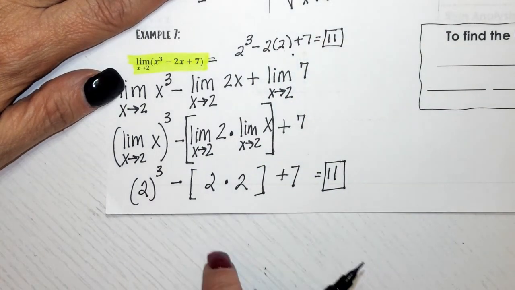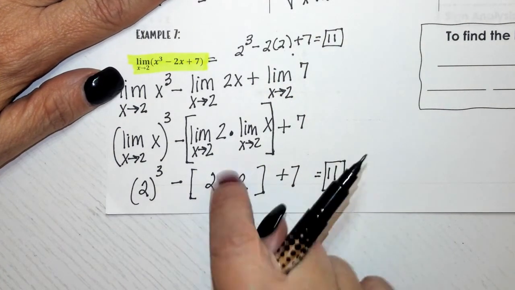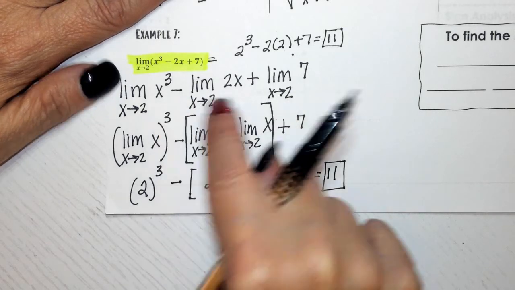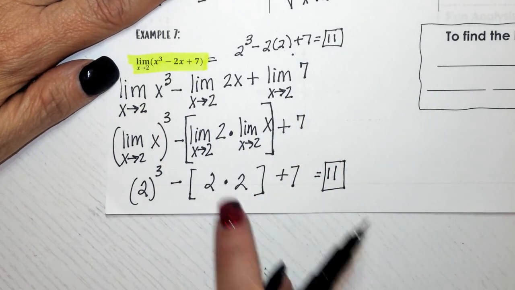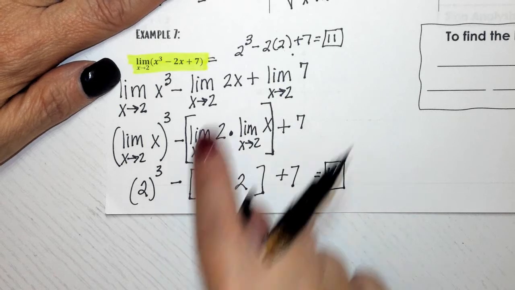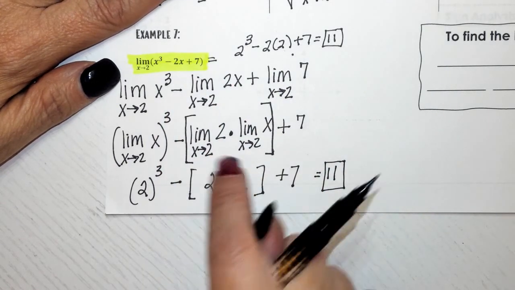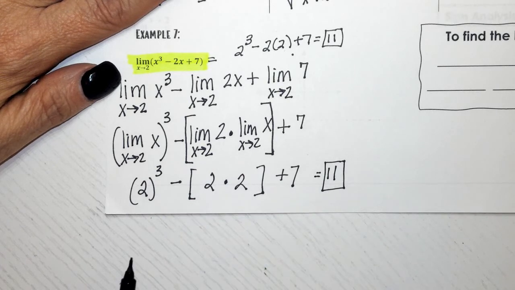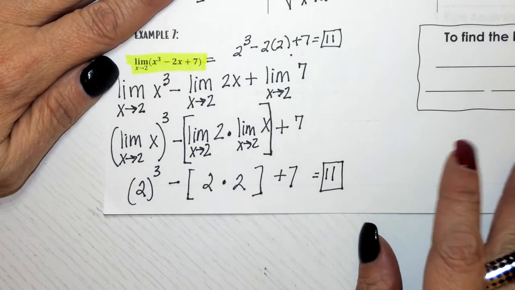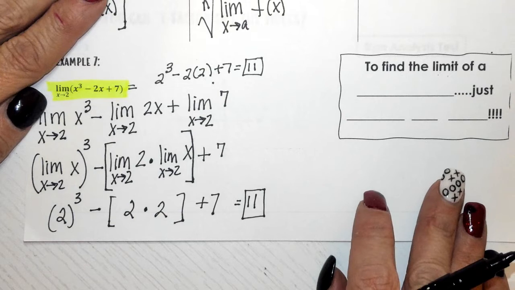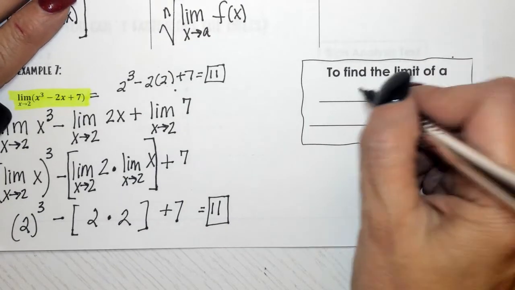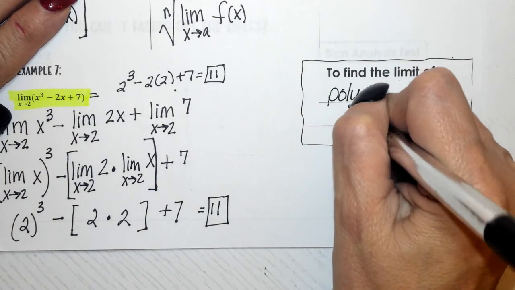Why'd you do all this? Well, I needed to show you this because this is how you break it apart. Because what if I asked you to show me how to solve this limit using the limit properties? Could you do it? Yeah, you need to know how to do that because IB exam, we could ask you how to do that. But to find the limit of a polynomial, which is what we just did,